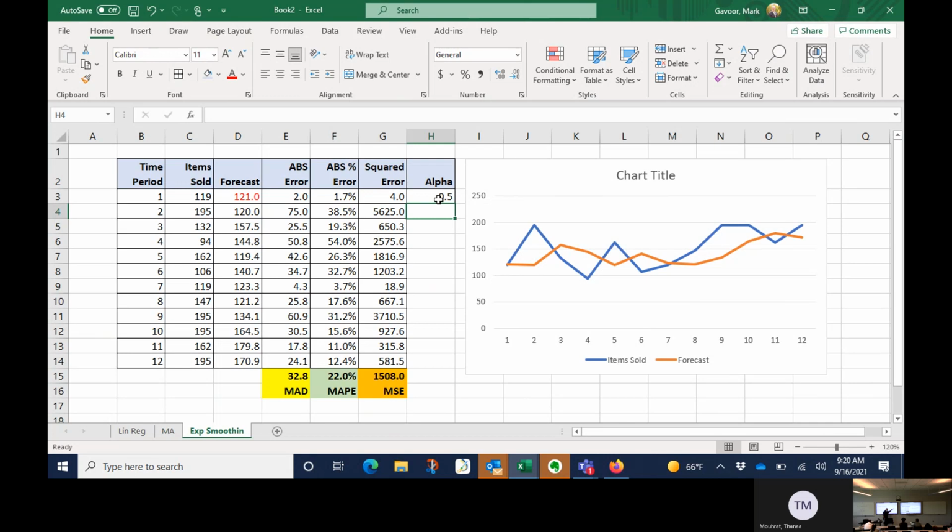Maybe I want it to be more adaptive, so maybe I have to make it 0.8. So I make it 0.8. That looks pretty good, doesn't it? But my MAPE is 24, but visually it looks better. I don't know, what does 0.9 get me? Well, you can't be sitting here for 1,000 items and going through each alpha and picking what you think it